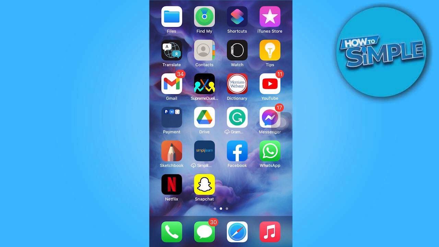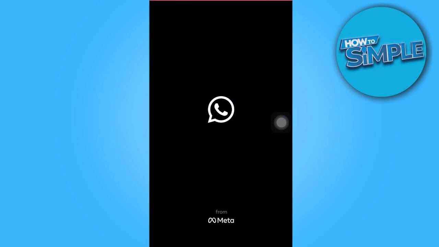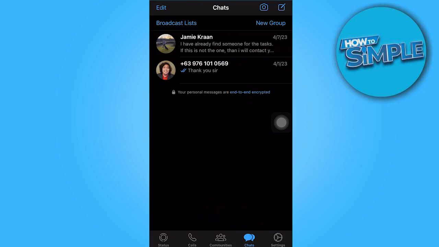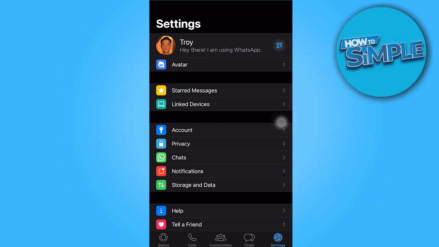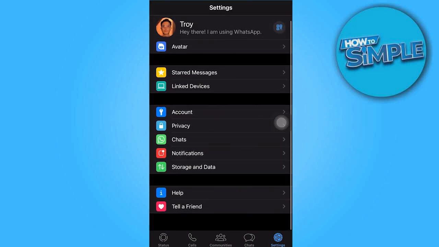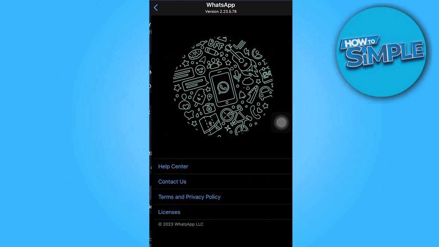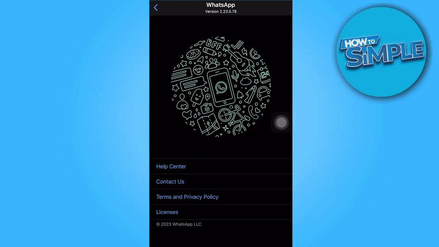So first things first, you need to open WhatsApp and go to settings, which is located here in the lowermost right side of the WhatsApp interface. And we're just gonna have to scroll down a little bit until we find the help button. So you're gonna have to tap on that, and as you can see, we have to click on contact us,